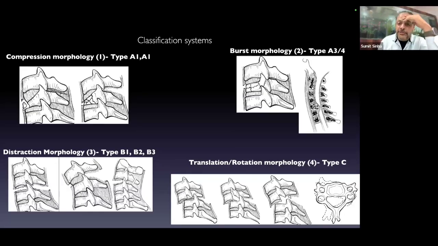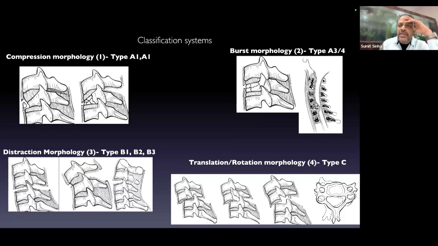So to start with, broadly, there are 4 categories of injuries. One is the compression injury, the other one is the burst injury, the third one is the distraction injury, and the last and the most severe one is the translational or the rotation injury. So when I talk about the compression morphology,